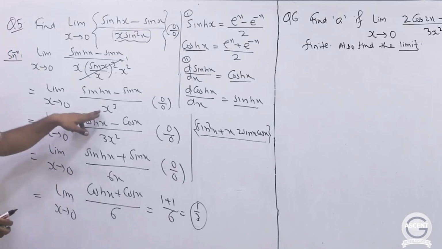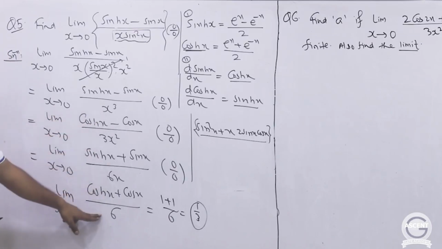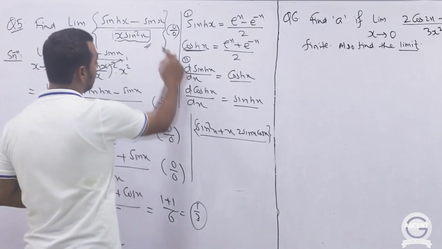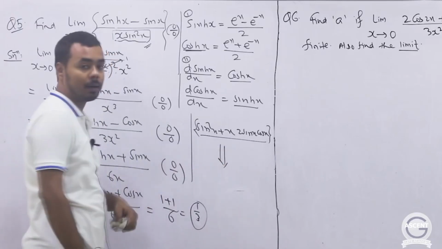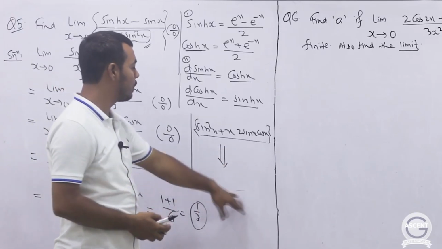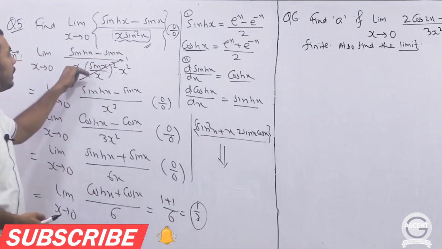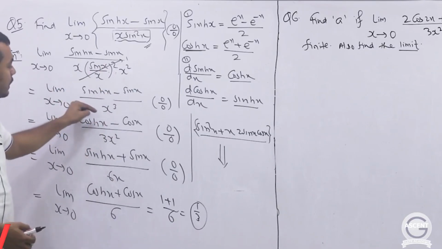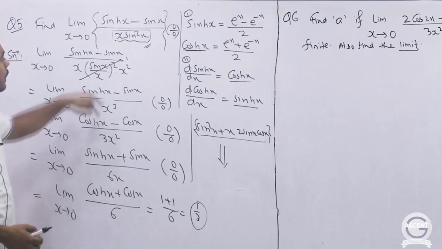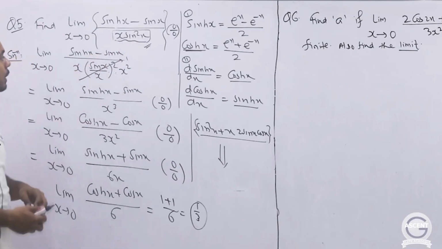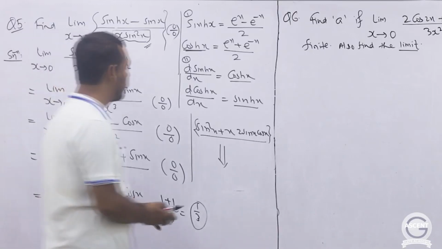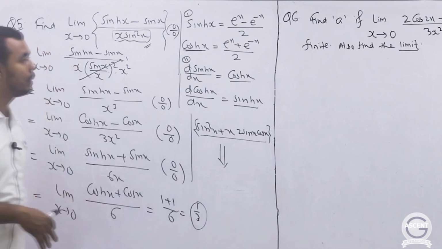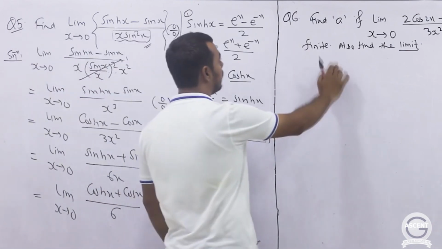We are differentiating the denominator 3 times to get rid of the indeterminate form. So if you start with the original function, then the derivative of the denominator will become complicated. We will get the same answer, but this will require more calculation. So we have divided and multiplied by x square, this becomes 1, and the denominator is x cube. Now it is much easier to differentiate x cube 3 times compared to differentiating x into sine square x 3 times. So this was one interesting question where we had to learn how to apply L'Hopital's rule and how to reduce our calculation. Now we can come to the second problem.